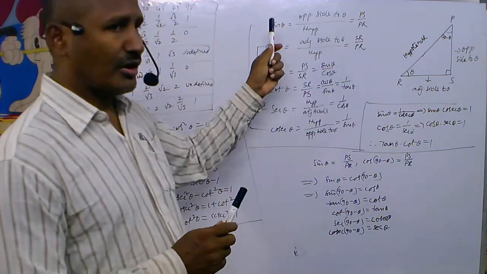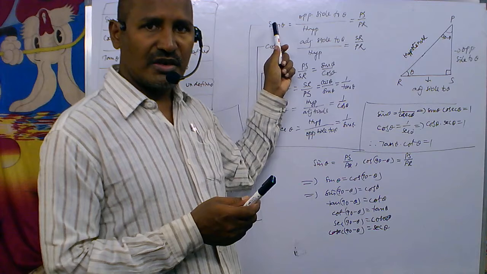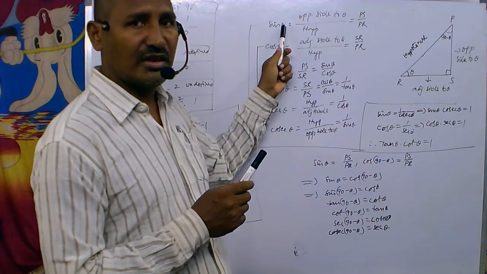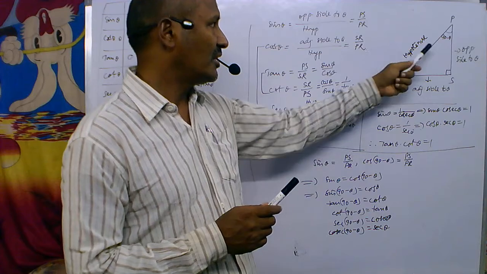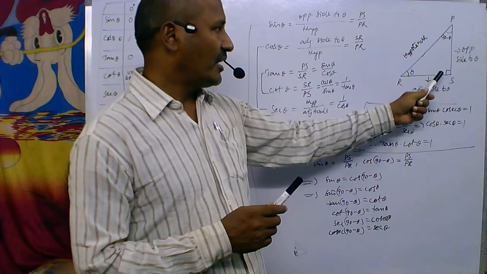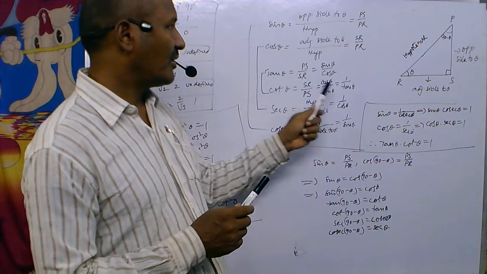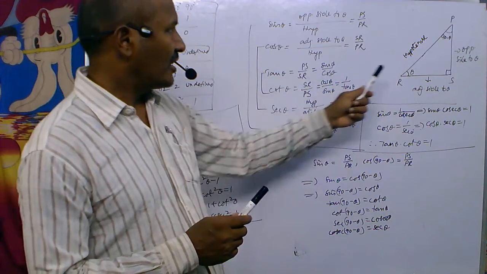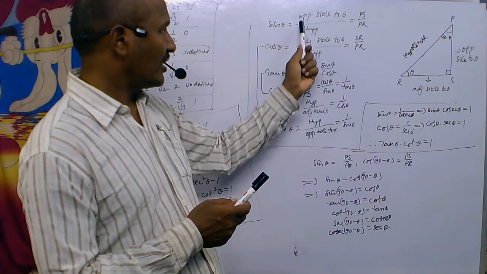Now come to trigonometric ratios. Sine of an angle will be written shortly as sin theta. Sin theta is equal to the opposite side to theta by hypotenuse, that is PS by PR. Similarly, cos theta is equal to the adjacent side to theta by hypotenuse, that is SR by PR. Tan theta is equal to the opposite side by the adjacent side, and it is nothing but PS by SR. It is equal to sin theta by cos theta.